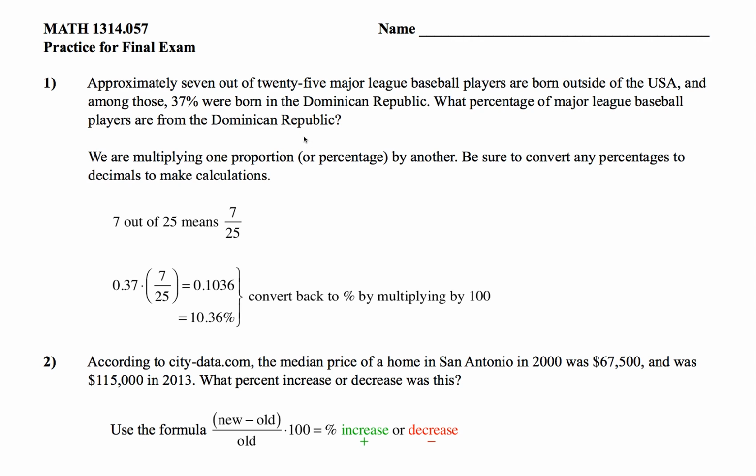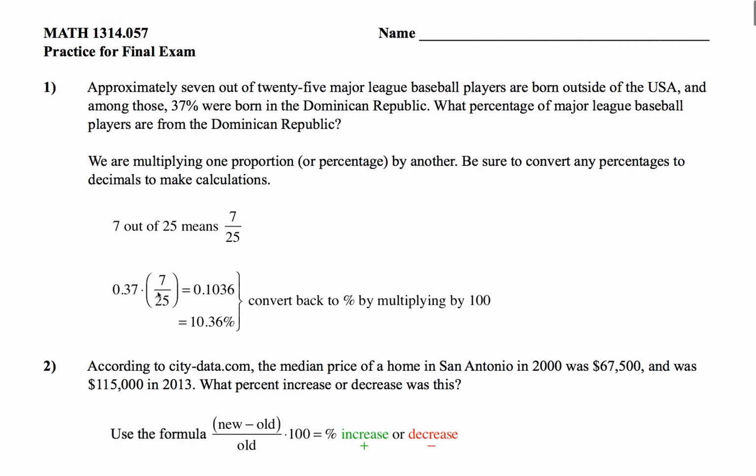And it asks about 7 out of 25. That's one of the portions. That's the proportion that's first mentioned. 7 out of 25 means 7 divided by 25. You can make that calculation and then multiply it by the other percentage, or you can multiply that percentage by this fraction if you want to. You'll come up with the same result,